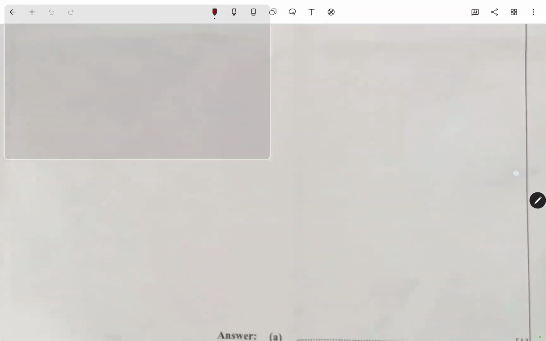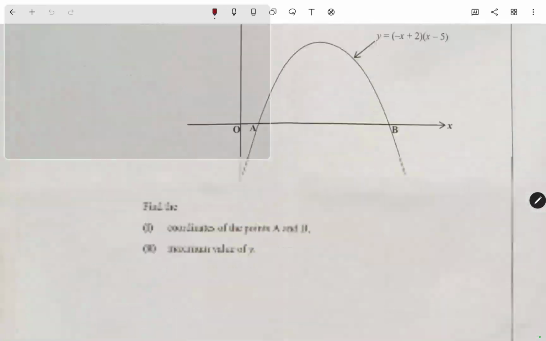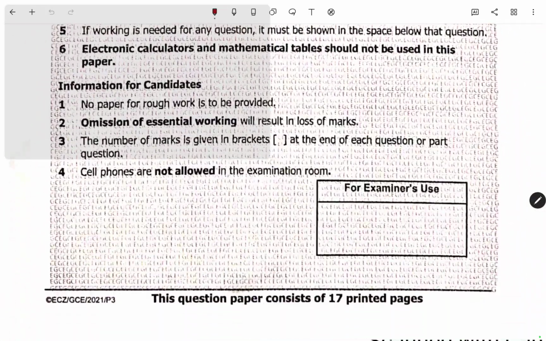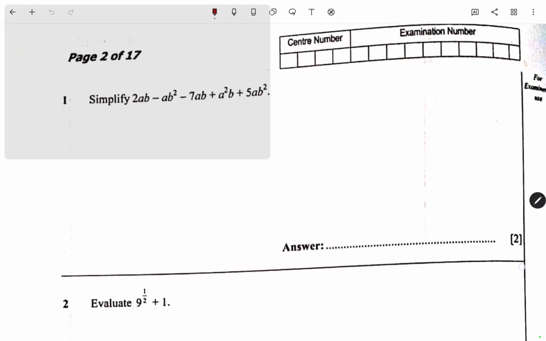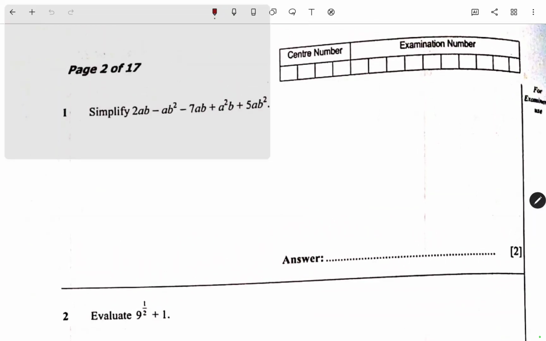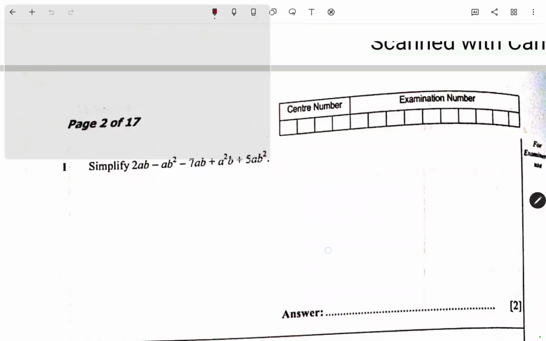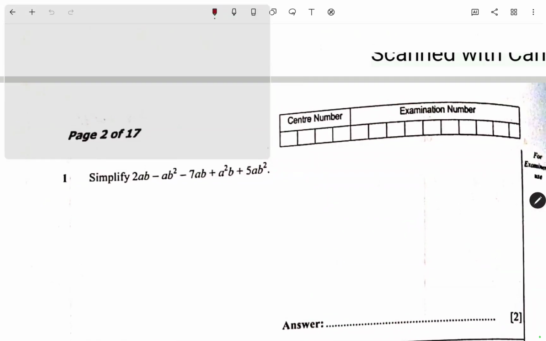The pattern of questions does not change, it is the same. So in this paper, it is possible for a candidate to actually get every question correct, because they already know what they're expecting. So simplify. So if I'm going to simplify,